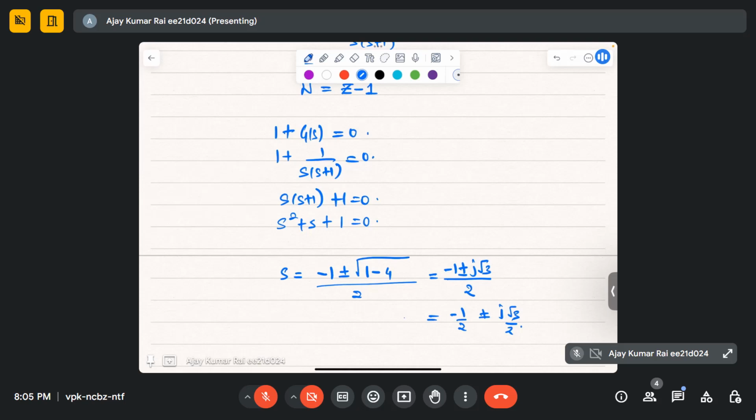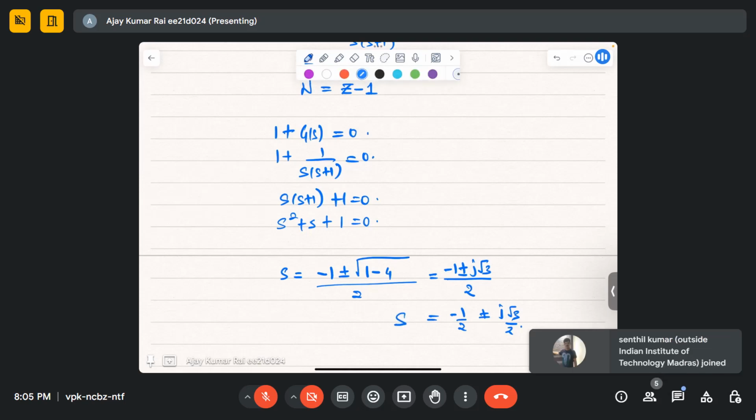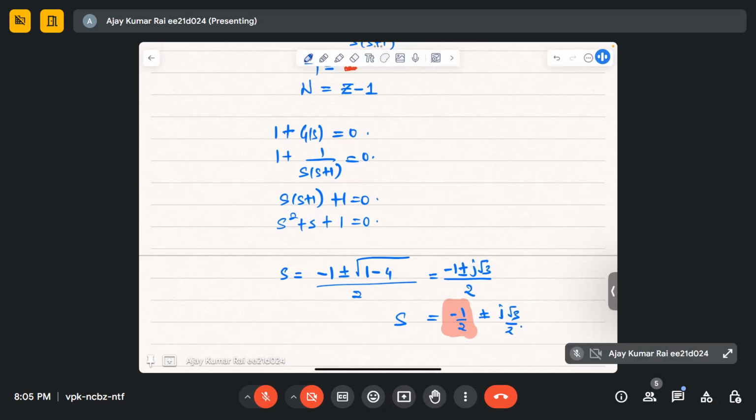Okay, so I can see both the roots are lying in the left half plane, right? Because what I can see is the real part is always negative, right? In this plane, the roots are lying somewhere here: minus 1 by 2 plus root 3 by 2, and here. Okay, so this is the left half plane. Okay, so from here I can say